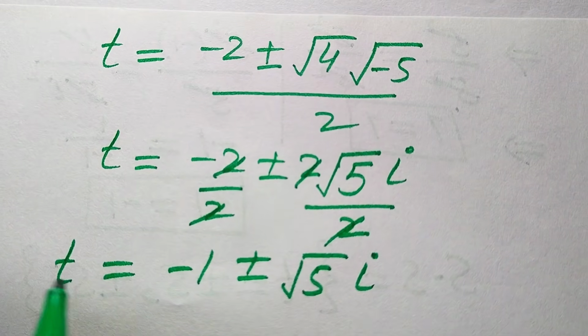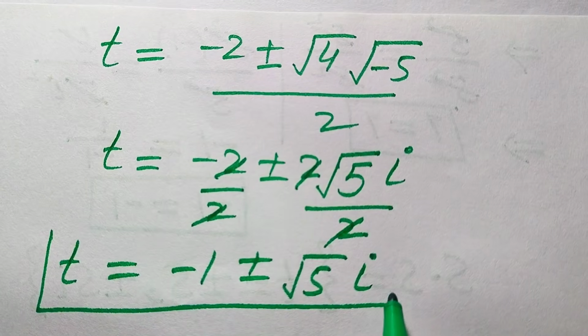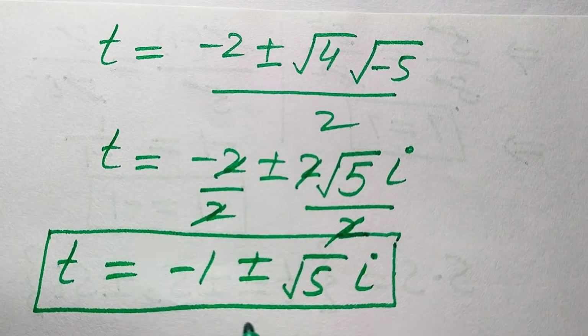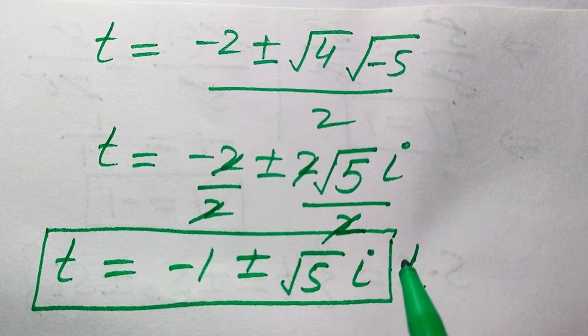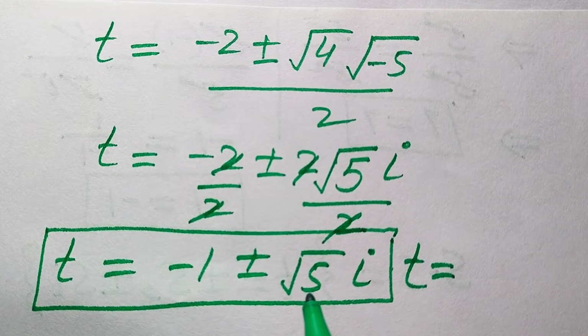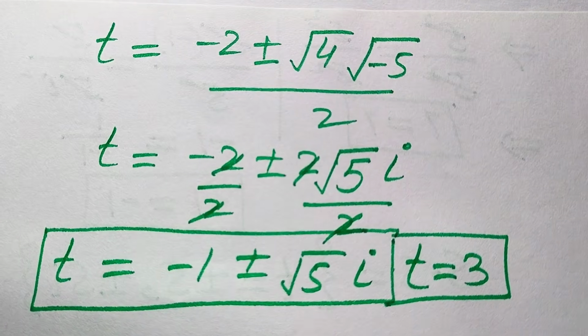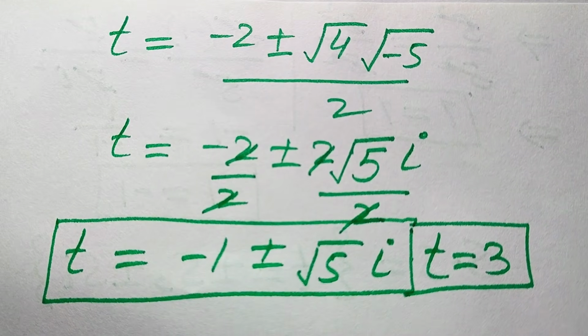So these are the other two complex roots of the given equation, and finally we have three roots of the given equation, and of these three roots, two roots are complex roots, and t is equal to 3 is the one real root of the given equation. So this is our final answer of this